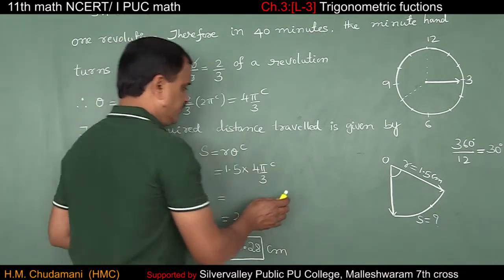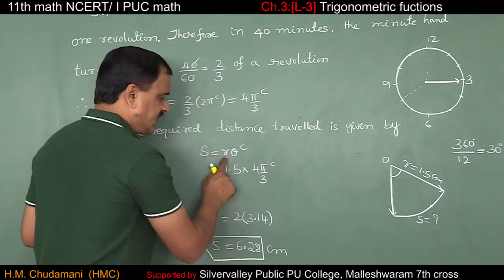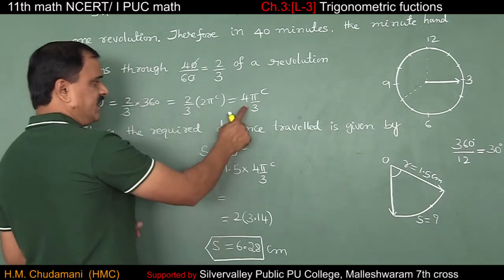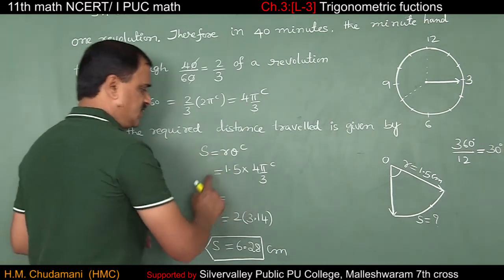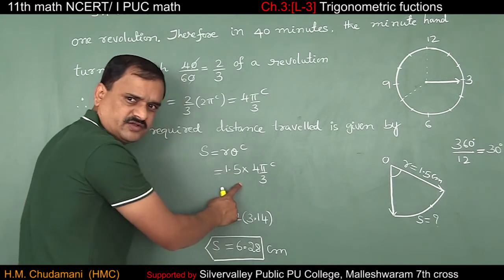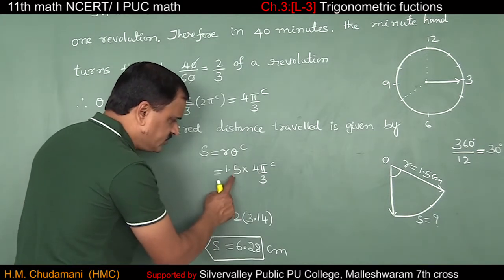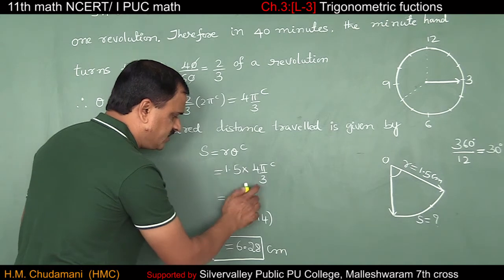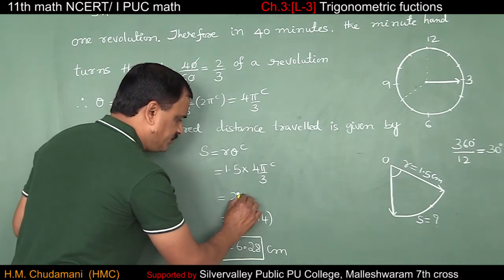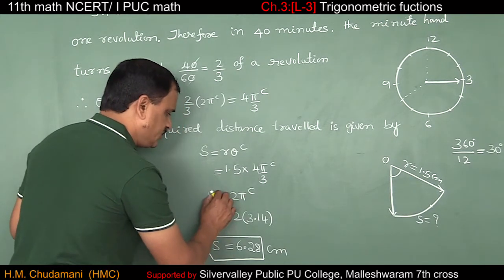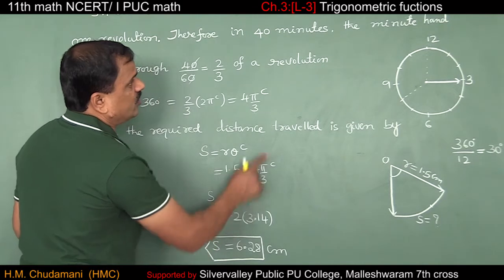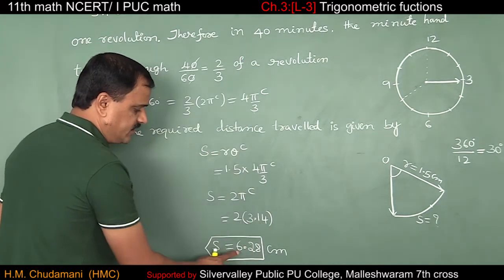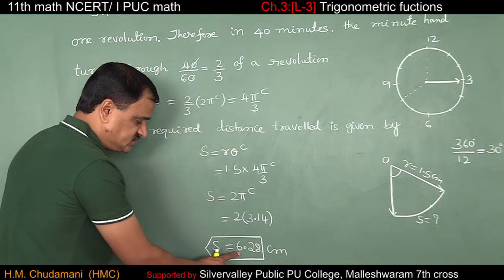So radius R is 1.5 and theta radian is 4 pi by 3. 1.5 means 3 by 2. 3 gets cancelled. 4 pi divided by 2, that means 2 pi radian. S is equal to 2 pi. Pi is what they have given, 3.14. 2 into 3.14 means S is equal to